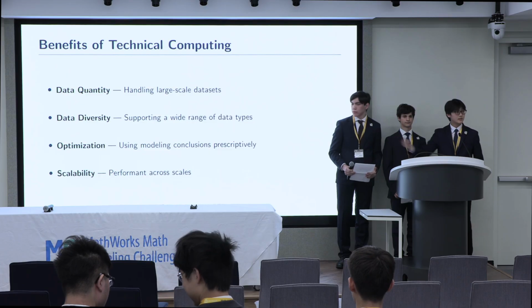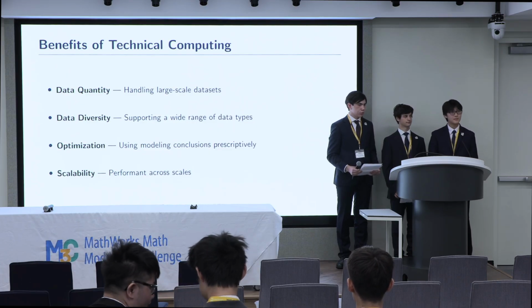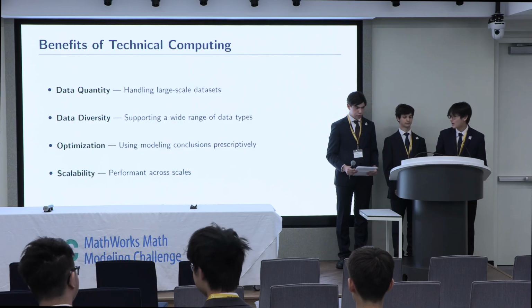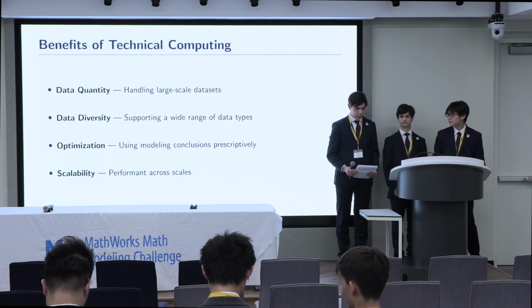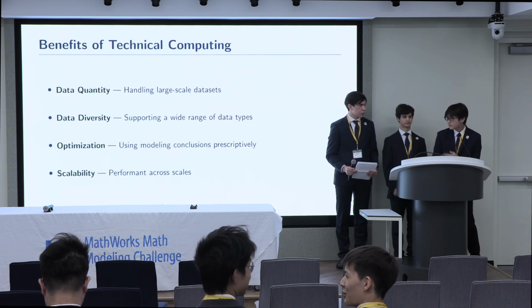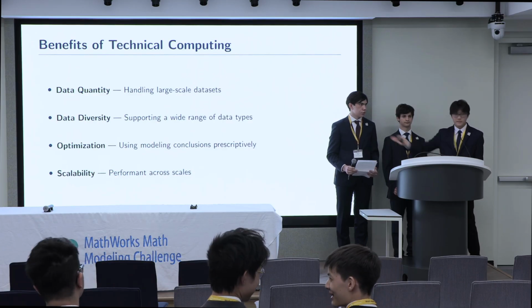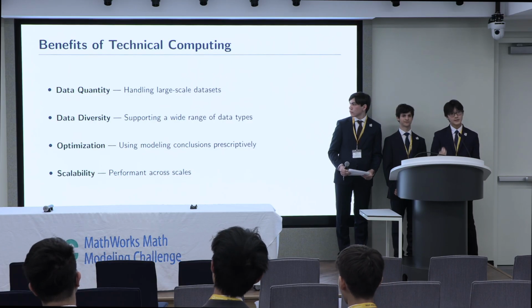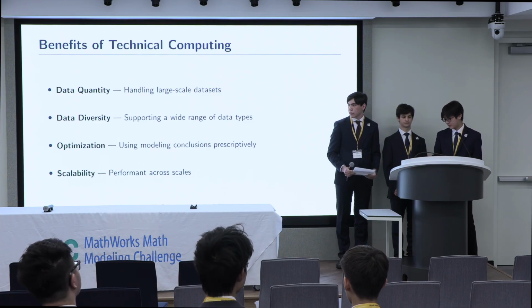And by data diversity, we mean that the type of data present means we couldn't do it by hand or by Excel, because it wouldn't be possible to clean and process this data otherwise. And by optimization, I mean we consider the computational complexity, like the NP hardness of the problem, as well as running multiple simulations such that we have a reasonably good solution. Also, when we mention scalability, we talk about the modularity of our code, which means that simple tweaks can mean that similar methodology can work in different cities.